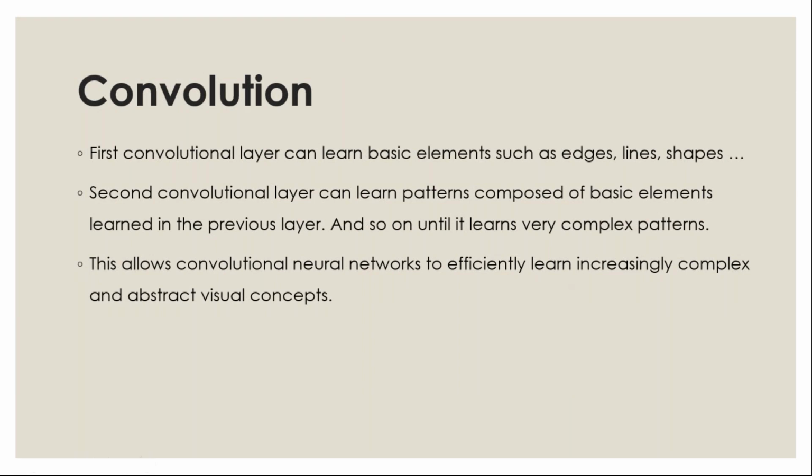Okay, so now come to convolution. As I told earlier, imagine your network has 2 hidden layers. The first convolution layer performs the basic feature extraction, that is edges, lines, and shapes. The second hidden layer, that is your convolutional layer, performs the mid-level features. And finally, the third layer, that is your output layer, efficiently learns the features and makes them ready for classification. So this is the convolution part.